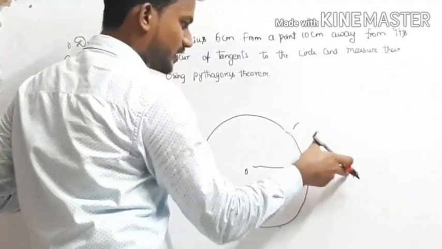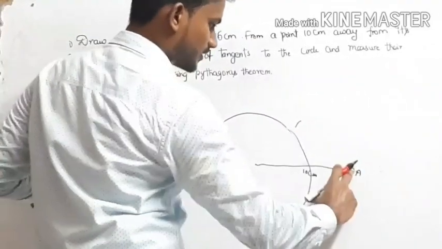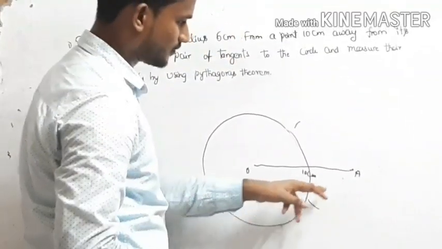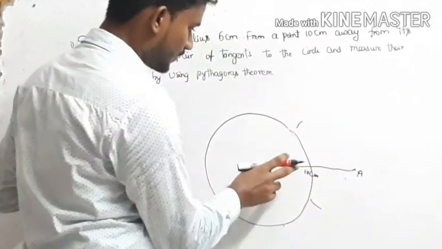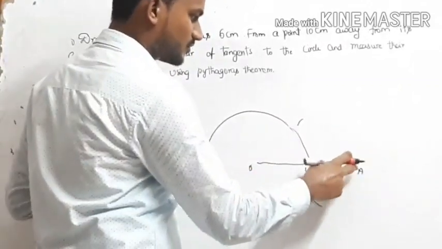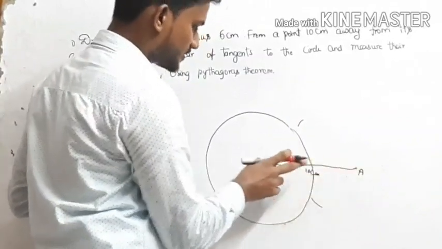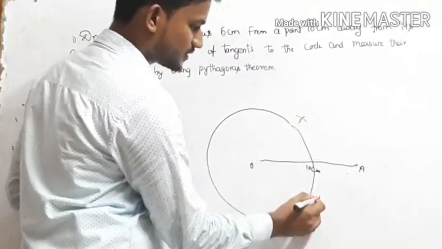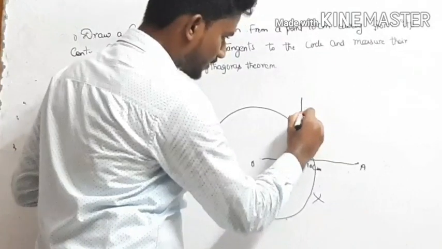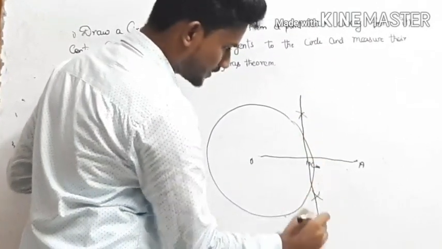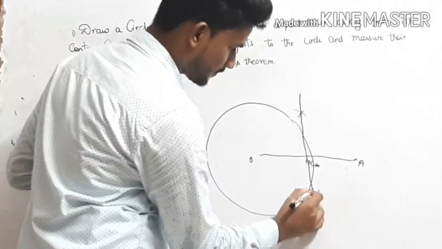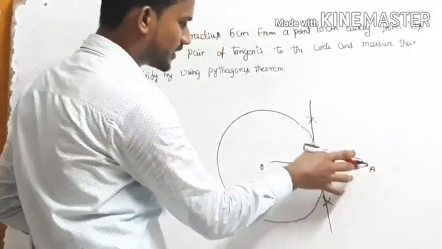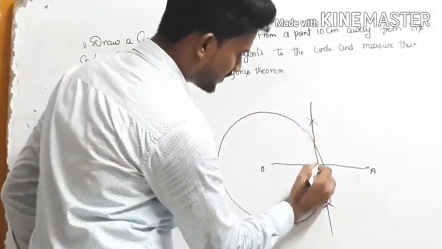From point A we can draw an arc, and from this point also. We can draw an arc by using the compass, taking the same length from A, and from point O we draw an arc by using the compass. Then we draw the line which intersects both the arcs drawn from point A and point O. This is the midpoint.